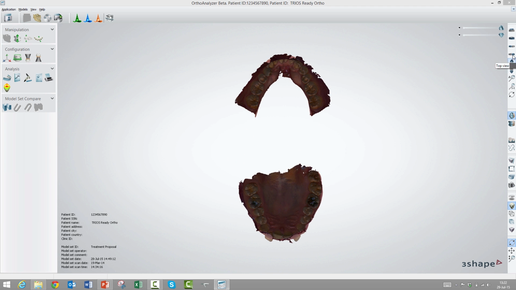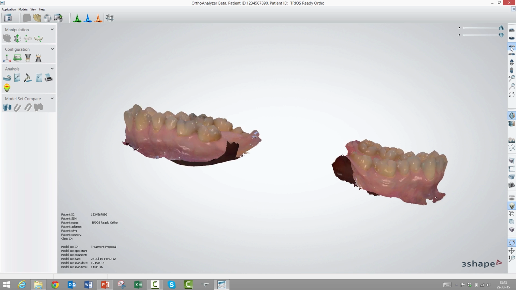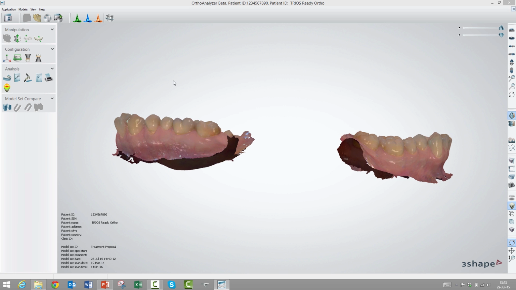Okay. Now if I go back to let's say this view here, you may in some cases want to have the 2 jaws a little bit closer to each other for comfort when you have this view. I'll show you a little special tool to do that. It's a little bit out of the sequence and we have a separate video on that, but I'll show it to you real quick here. So what you do is you place the open view in sort of the side view, and then you go on this main functional panel here and choose the 3rd icon called alignment for open model set. So when you click on this,